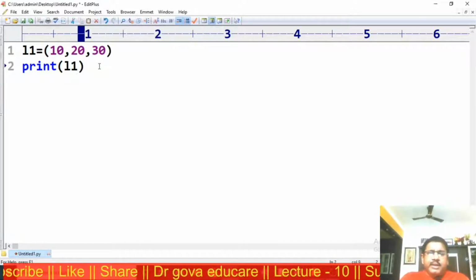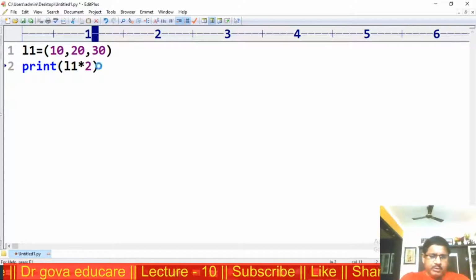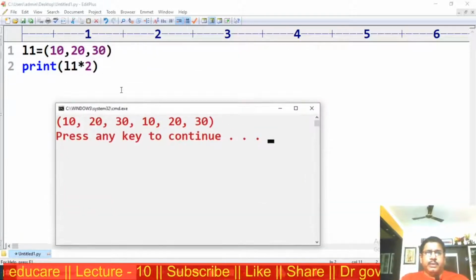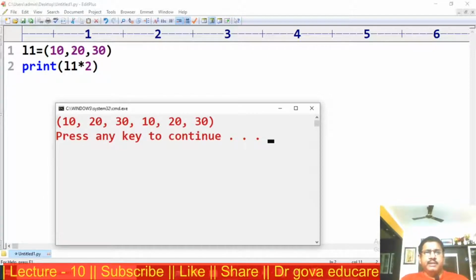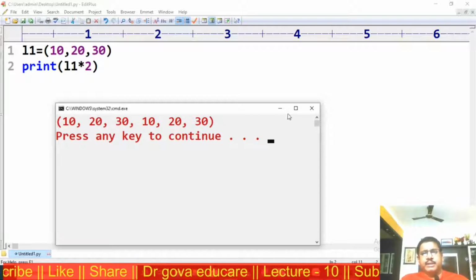Similarly, the repetition operator star 2 is applicable. Now 10, 20, 30, these elements are repeated 2 times, 10, 20, 30, again 10, 20, 30.